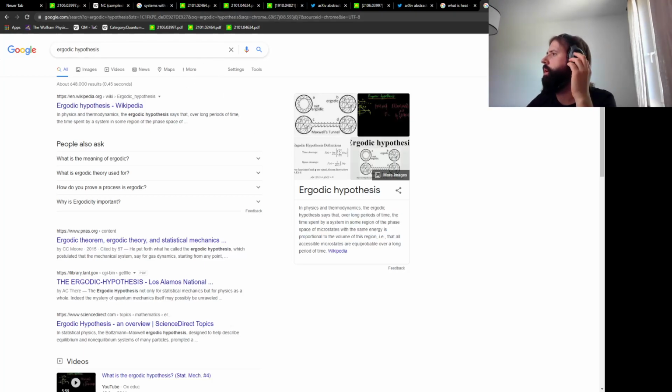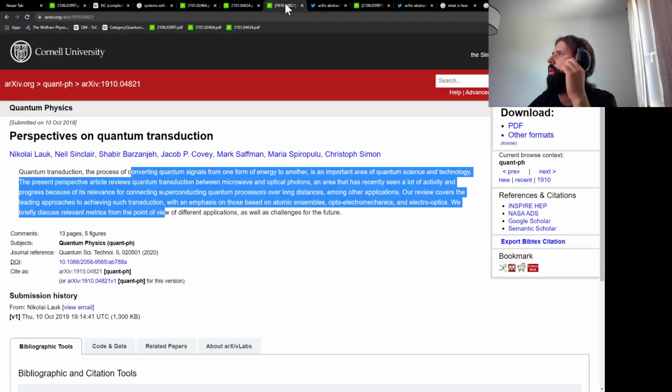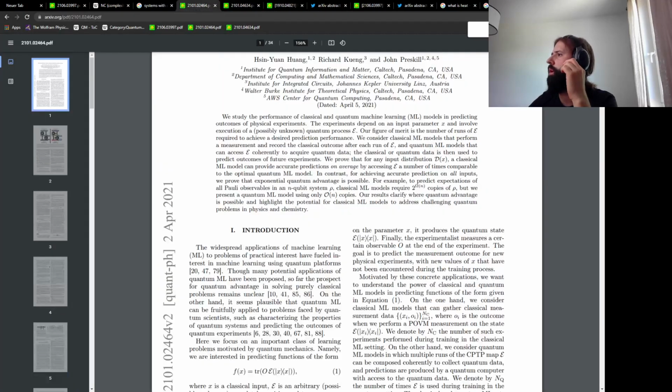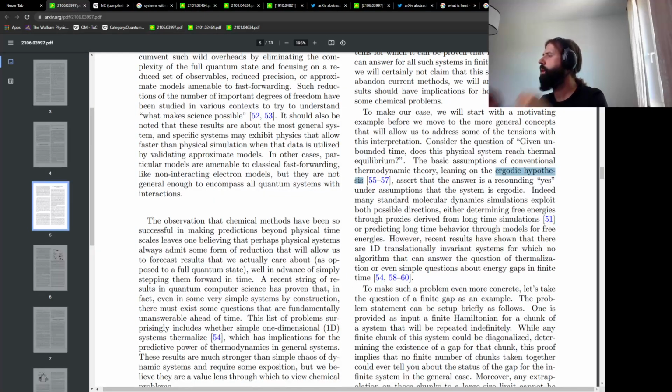The time in some region is proportional to the volume. Where am I? Under the assumption that the system is ergodic, indeed many standard molecular dynamics simulations explore both possible directions. Either